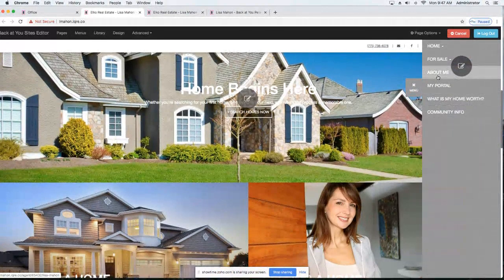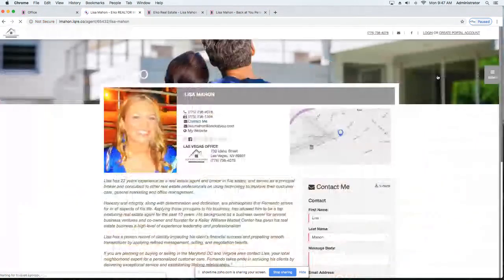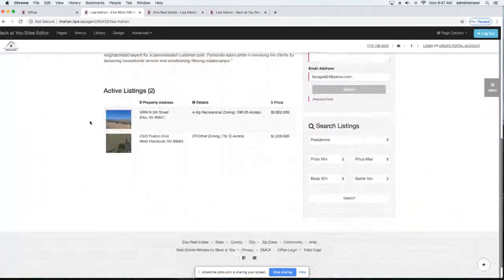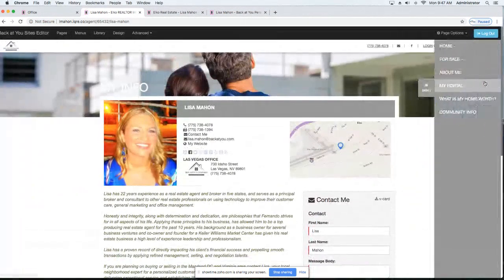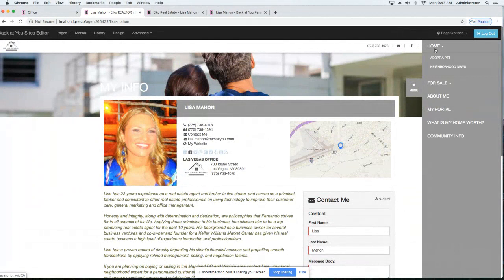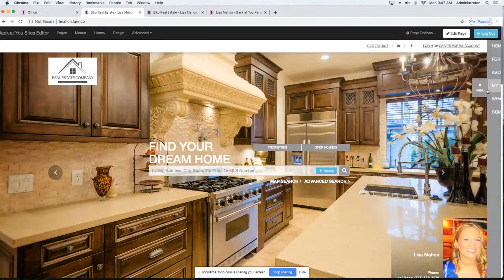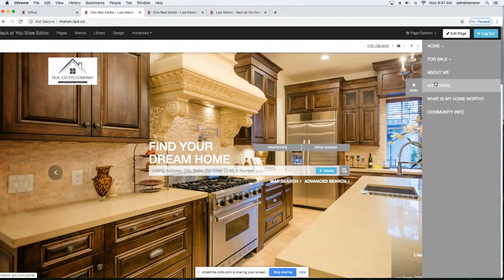But here's your menu. So each page generally has your home page. It has a searchable page to search properties. You have an About Me page, which I will get into towards the end of this, but I just want to show you what it looks like. So that's your About Me. And then you also have, let me select home, you also have your portal, which we'll also talk about shortly,